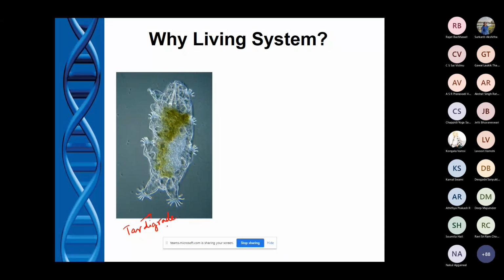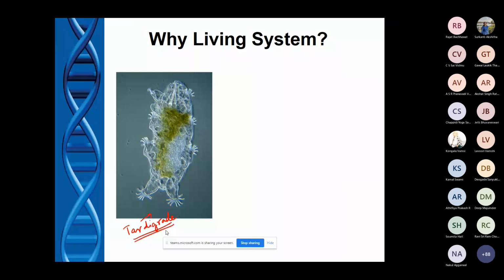You can forget, no problem. You don't need to remember the name, tardigrade. It's a millimeter-long cousin of arthropods like the cockroach, right? It's very small. But the beauty of this animal is when the environment is not suitable, no water, a lot of problems, it can dry up. It can stay dried up for more than 100 years at normal temperature like 37 or 40 degrees centigrade, no problem. It will be there.